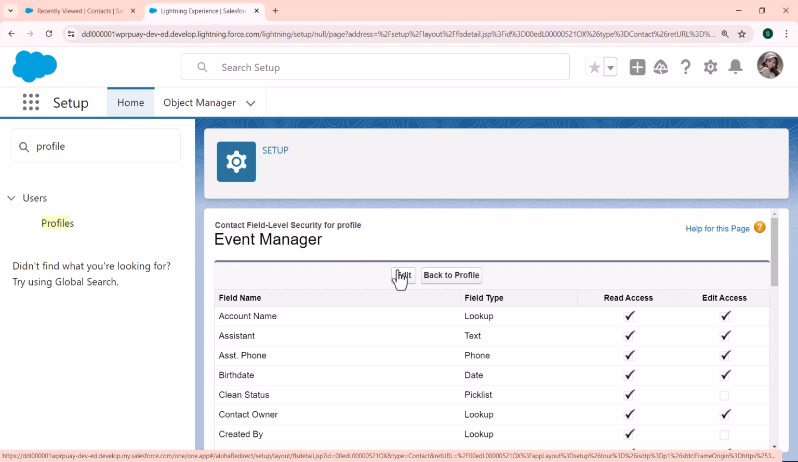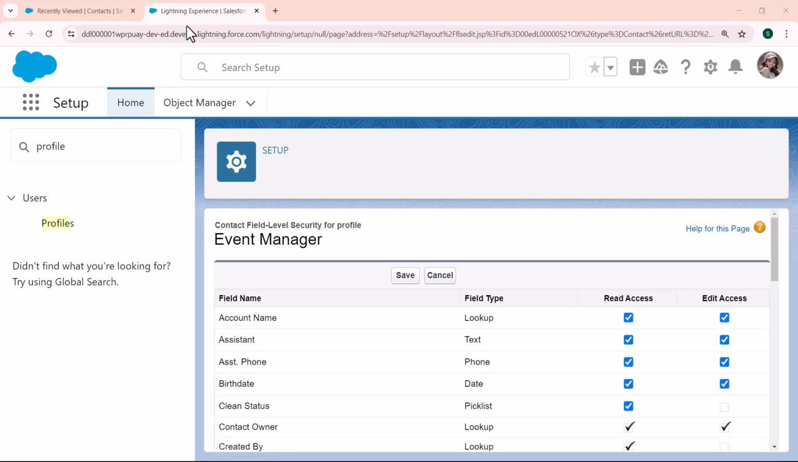Now I click on the edit button and here you can see the list of the fields, and to grant and revoke the access of the field level security, check and uncheck the access checkbox respectively to the field read access and edit access. Here the read access allows the user to view the fields but not make any changes. And here edit access allows the user to edit the field,